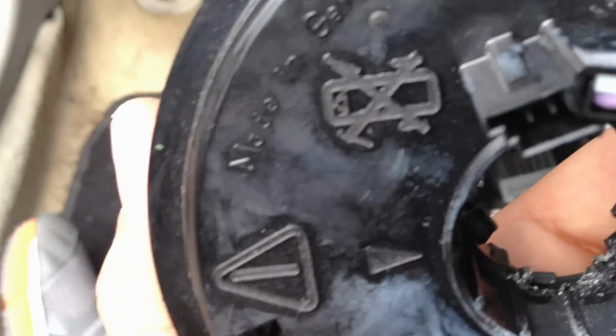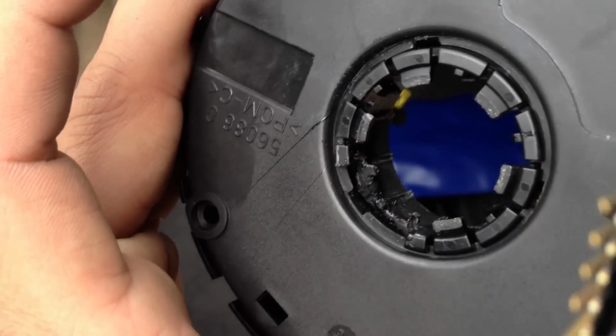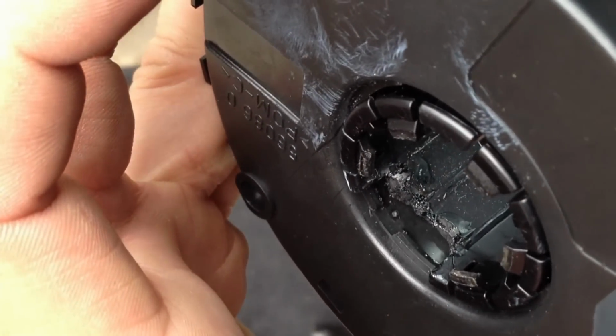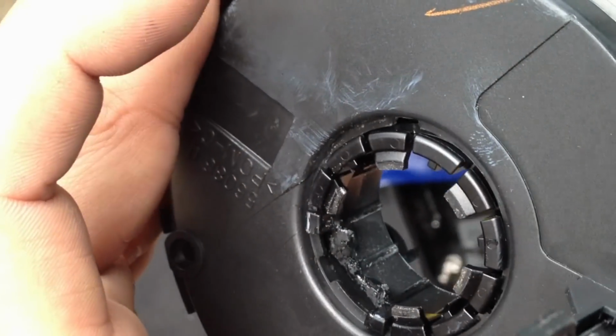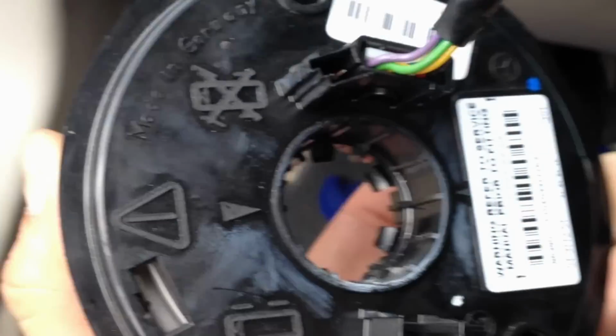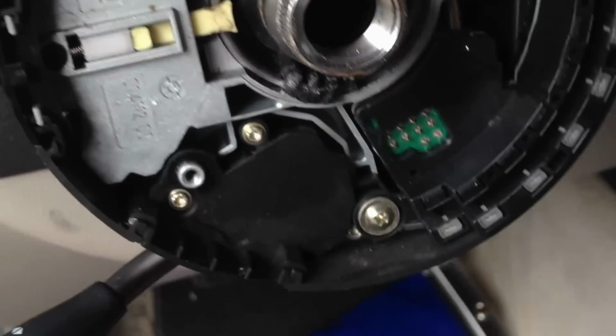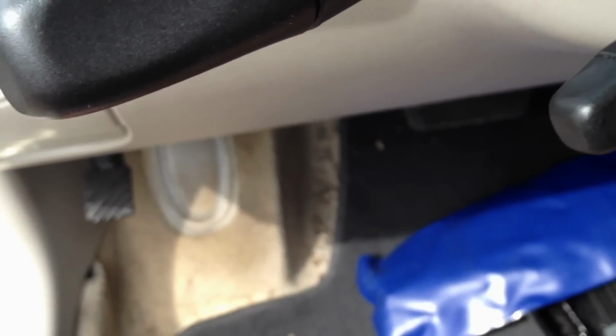And I had tried to super glue this, and it was working, and I think it probably would have worked fine had I not messed with it and pulled it off, but no problem. I need to probably just see how much a new one costs. I'd probably rather just get a new one anyway, but for now I will probably just super glue it again